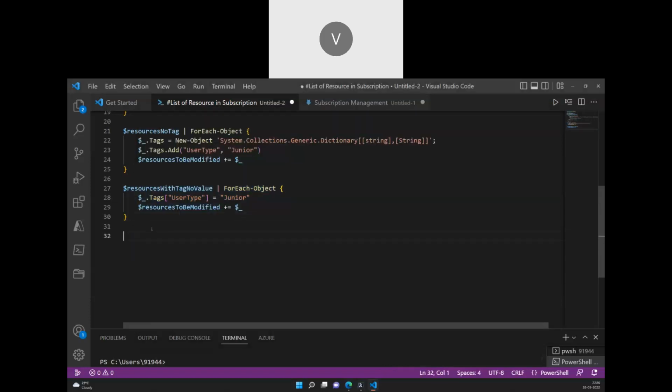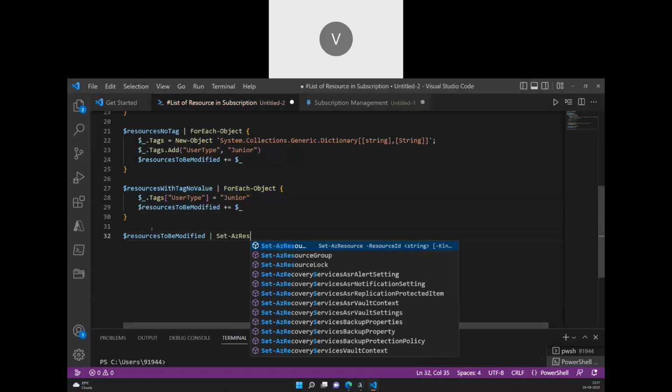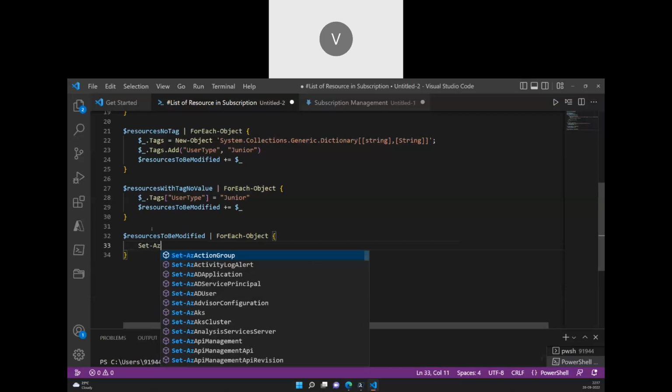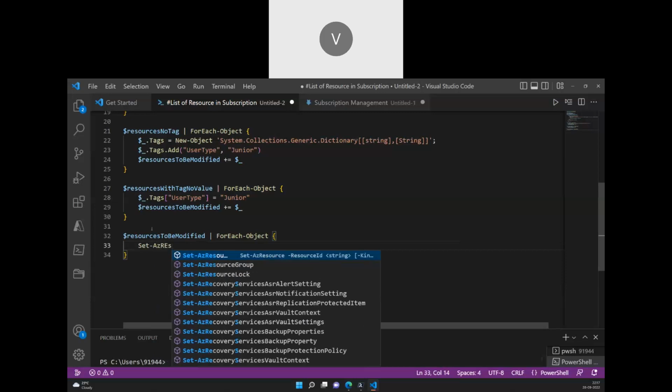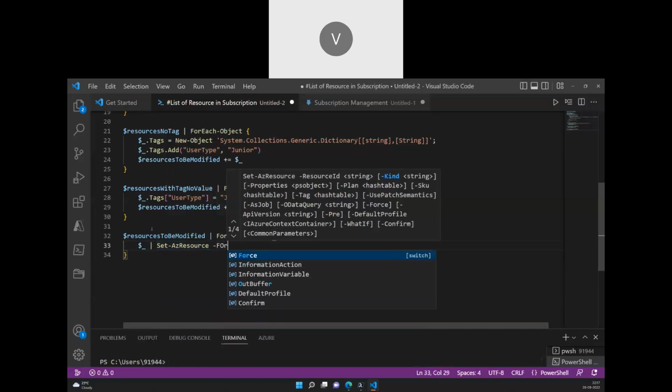So right now you have to take resources to be modified and take each of those values and pass it as az resource, or you can actually say foreach object, and here we're going to say Set-AzResource, and I'm going to mention it as -Force,